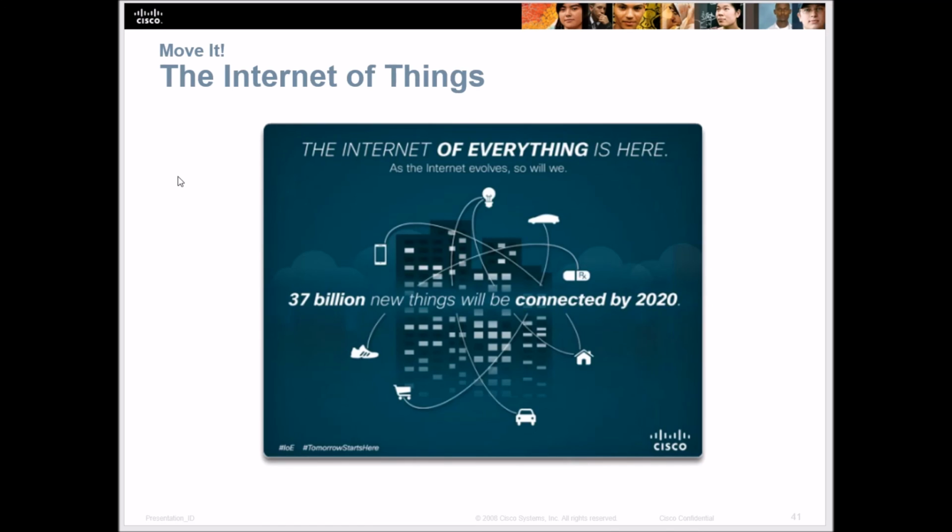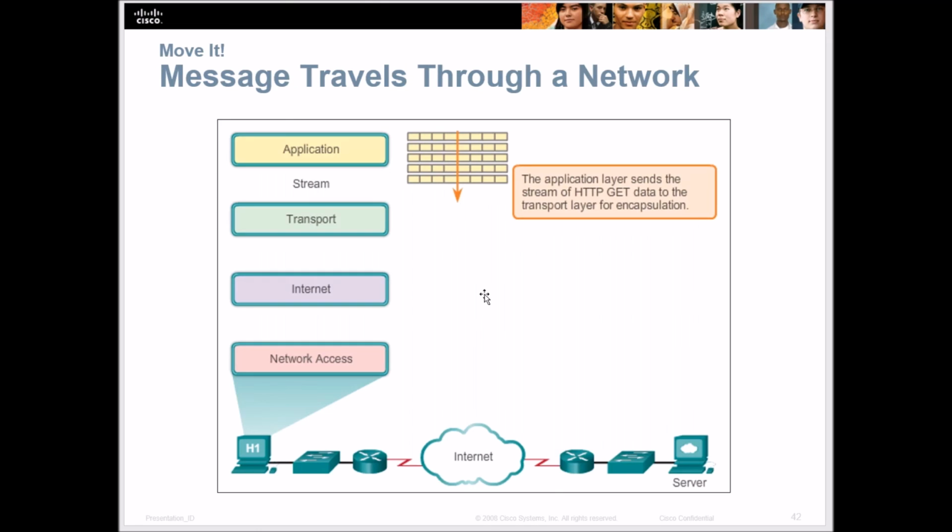So all types of devices now are going to be connected to the internet, from shopping to your cars, even your clothing at some point. Maybe your backpack will have some type of way to connect. Phones are an example, but all types of devices are getting connected to the internet, and that's what we talk about as the Internet of Everything or Internet of Things. When you hear the IoT, in the Cisco world and on the internet as well, that's what they're talking about.